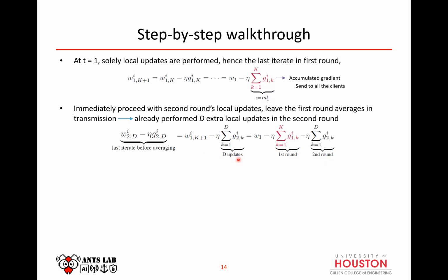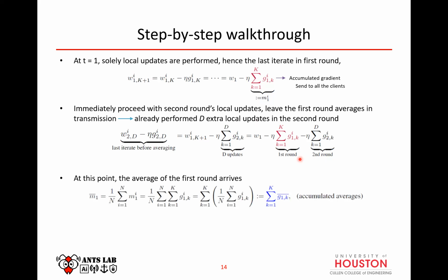Unfortunately, when you do this stale update, the staleness can create issues in accuracy and error. This can be taken care of later through gradient correction, which I will speak about in the next slide. Simplifying this further, it can be written as M1 prime, M1 bar. On simplification across the devices, because it is aggregated, it can simply be written in this way.